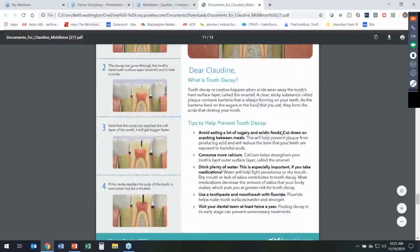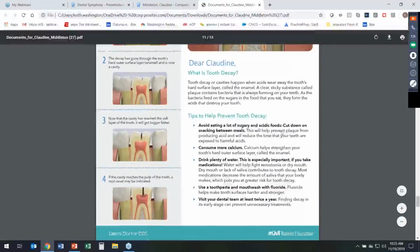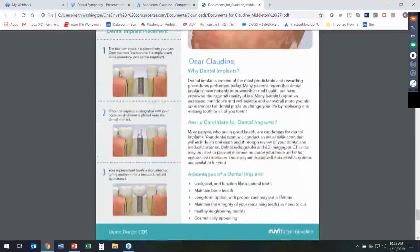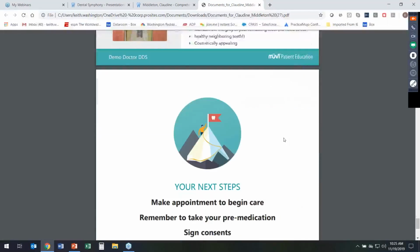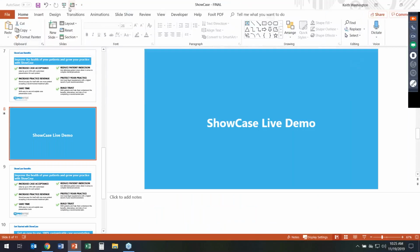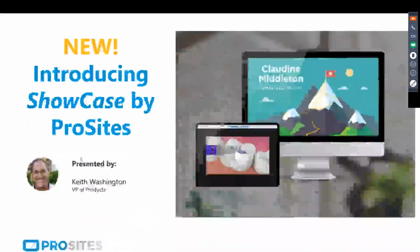You can either use this as part of the presentation, or some people are using this separately, including dental implants and a number of different solutions that we have or pages that we have to help a patient make a decision and get them across the finish line. So you should be able to see that ShowCase is a powerful tool to help you increase your case acceptance rates. I just want to go back to the presentation